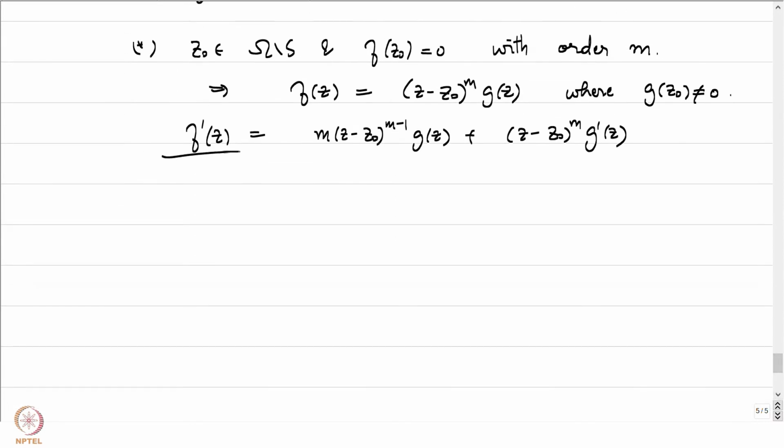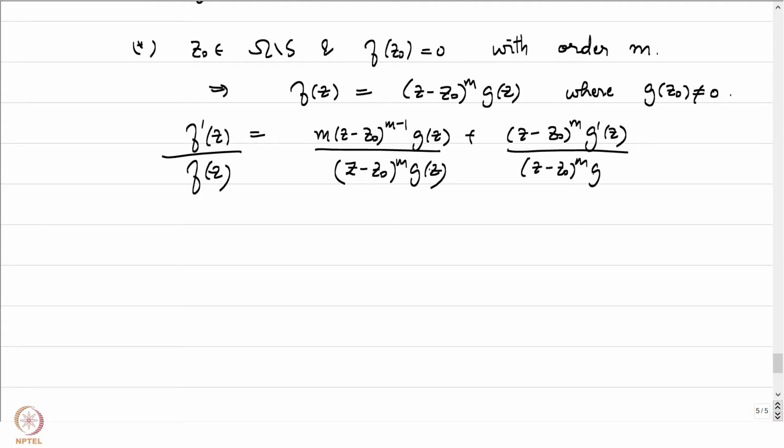And when we divide it by f of z, we end up with z minus z0 to the power m here, and here we end up with again the same thing, z minus z0 to the power m and g of z. So, hence we get the log derivative of f to be equal to m by z minus z0 to the power 1